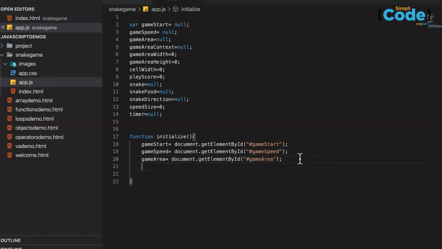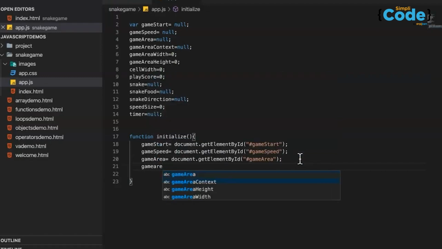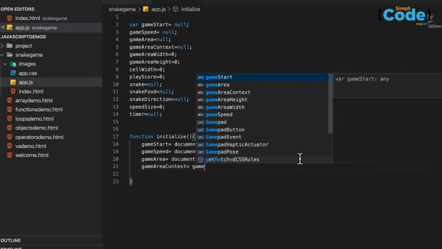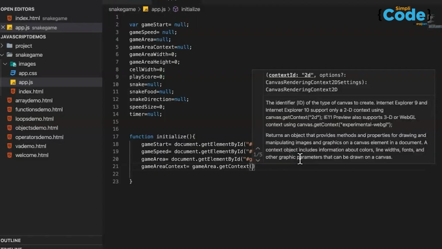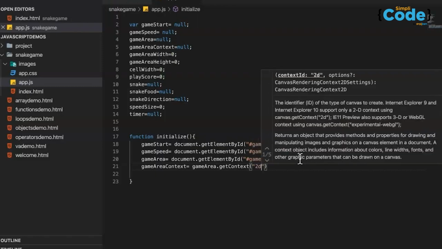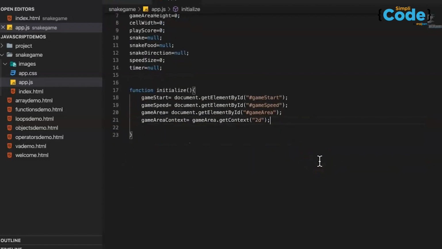Now we'll be talking about gameAreaContext. gameAreaContext equal to gameArea.getContext, and in this context we will be using what type of context? We are saying 2D. Okay, because I want to have the kind of 2D, so this is how the kind of environment we want to set. Next we talk about gameAreaWidth